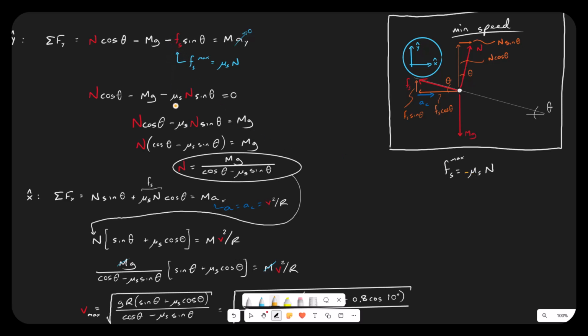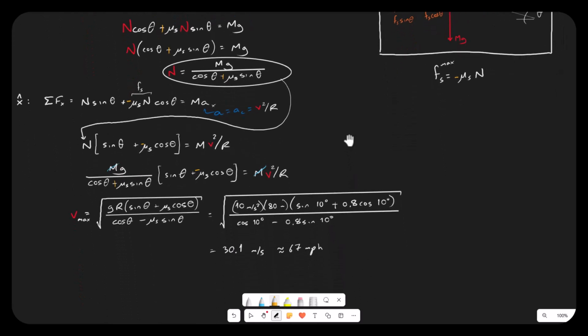So anywhere where I had a mu s, I can replace that with a negative mu s. So Fs, here's a mu s, that's going to become a negative mu s, so that becomes a plus. That's a plus, that's a plus, that's a plus. Mu s, so a minus, minus, plus. We're just flipping the signs on anything that has a mu s. Minus, plus,